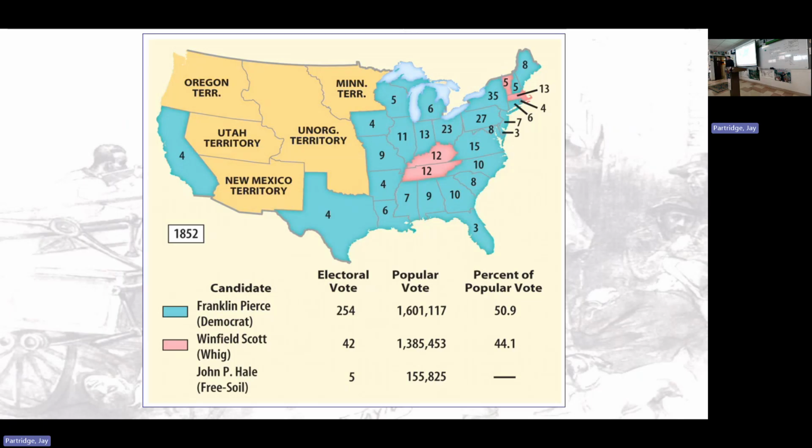So Pierce came in. Pierce is considered one of the worst presidents in American history. Not just for his policies, but also the fact that he was partially absent. His wife passed away right after the election. And he was already kind of an alcoholic. He became a raging alcoholic. And that affected his entire administration for obvious reasons.